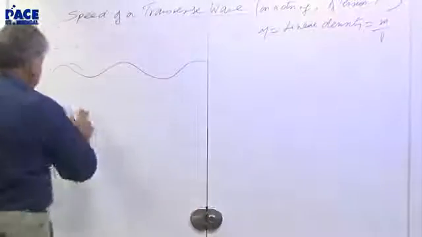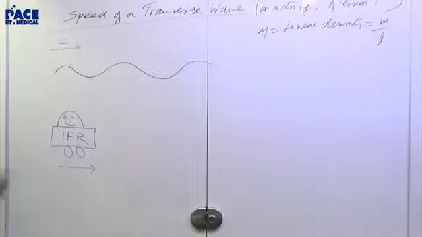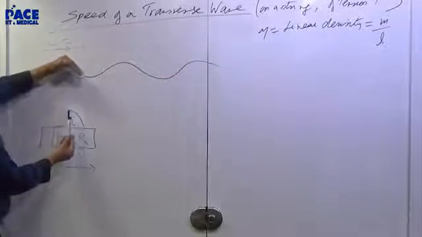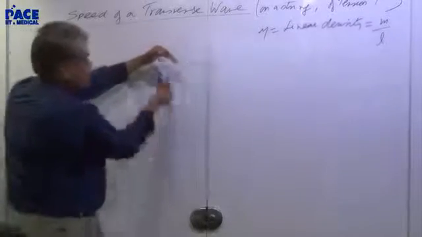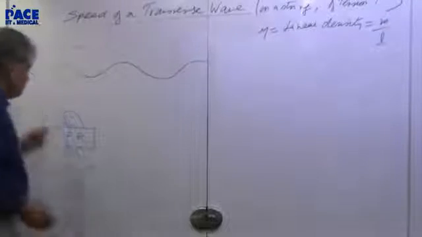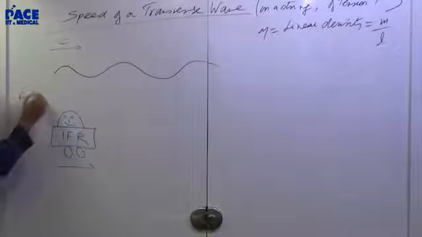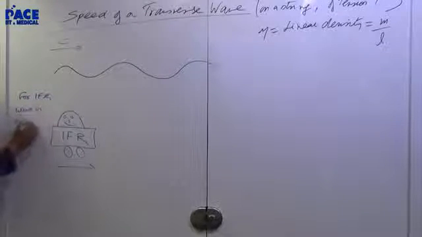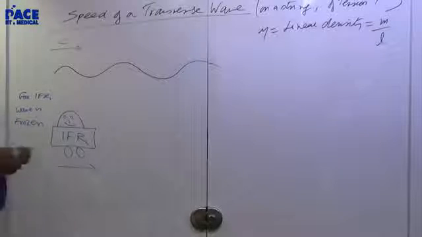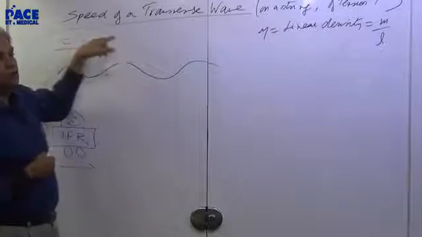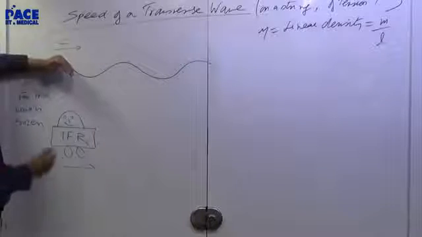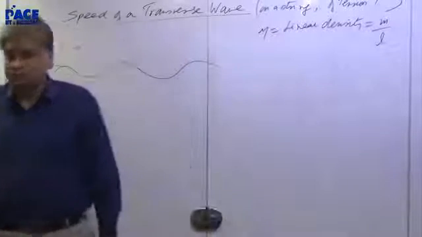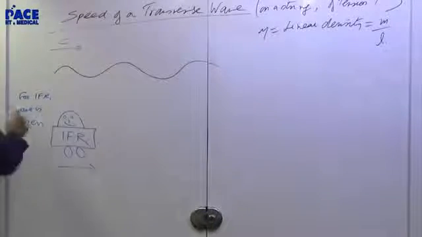So for this person, what happens? For this person, this is the crest of the wave, and this is the person. So the wave and the crest move together. So this person always sees the crest. For this person, for IFR, the wave is frozen. That means there is no wave actually. You will experience the wave: the point which is here will go down and the next point will go up. But for this person, the point which is in front of the person always stays in front of the person. So it looks like a mountain, not a wave. Right? A frozen wave.